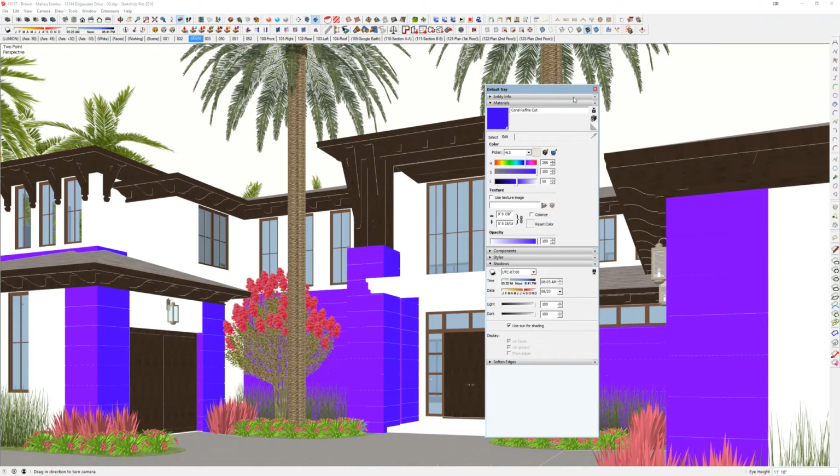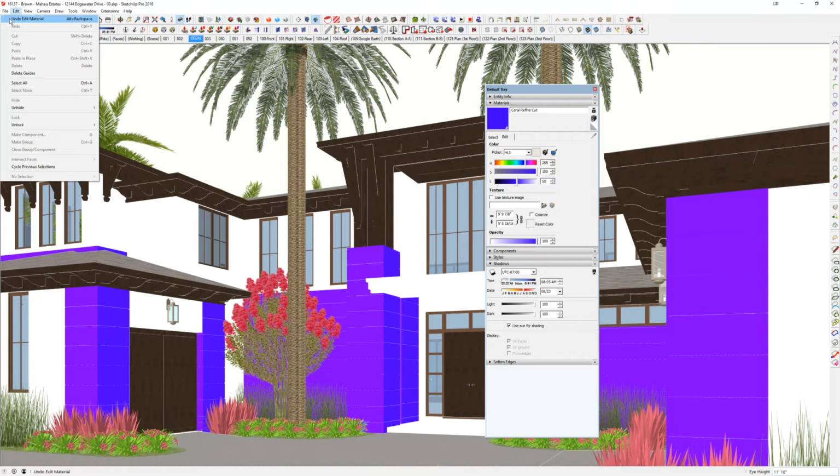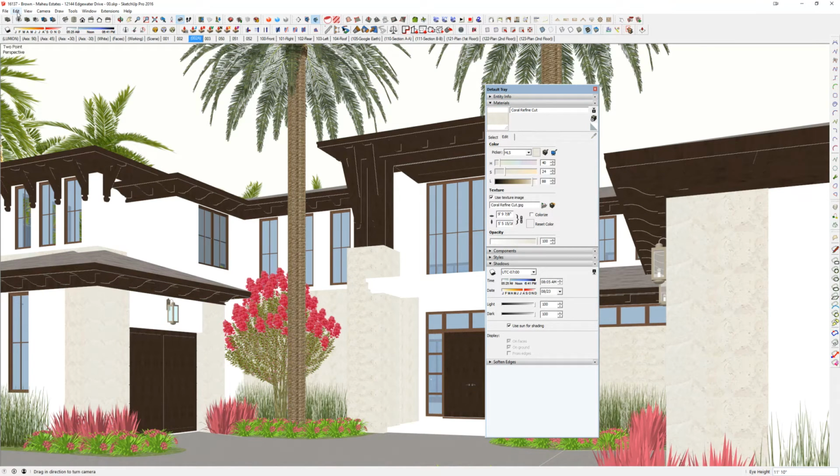And once that's done, the important thing is let's do edit, or undo, our edit material. So you can see our stone's back to normal, so we're fine, our model's fine. So that's good. So we're just going to keep a mental note of what we've changed, and to make sure that we can go back. So the next one we want to do is